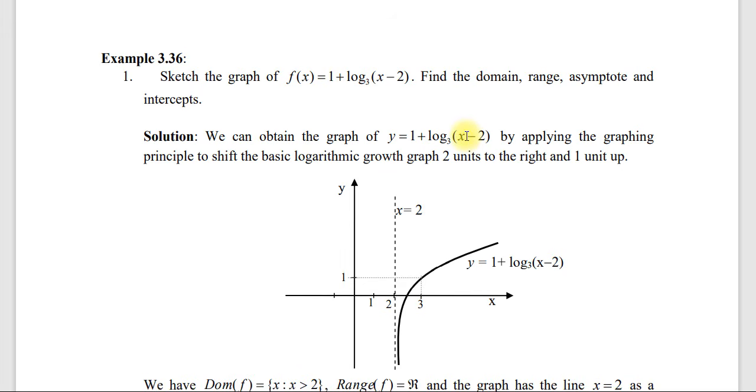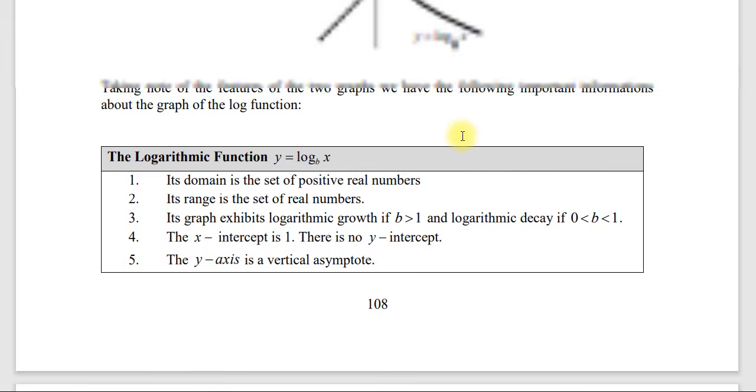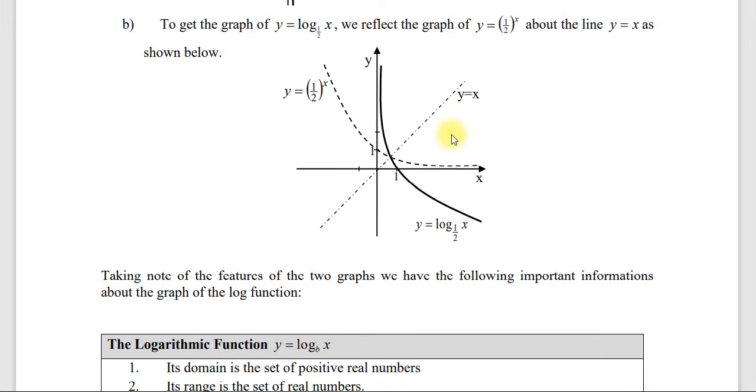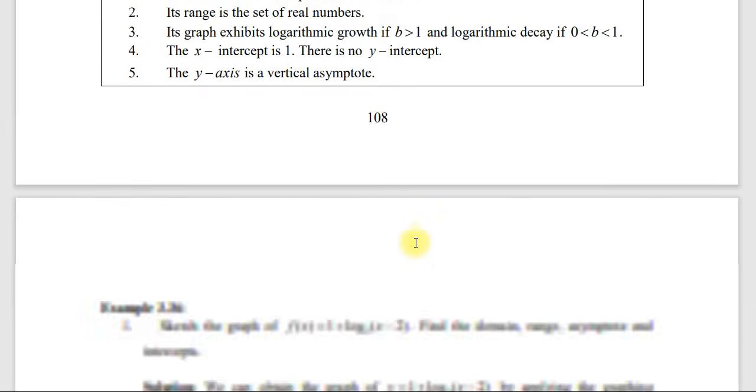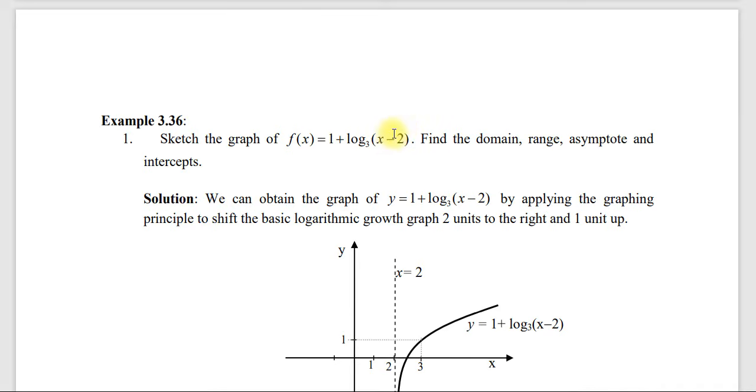እዚህ ላይ 2 ስንተካ ነው፣ ምክንያቱም እዚህ ላይ log 0 in base 3 ብንል undefined ስለሚሆን ማለት ነው። ስለዚህ እዚህ ላይ undefined ሊያደርግብን የሚችለው 2 ስንተካ ነው፣ that is a vertical asymptote። በተመሳሳይ እዚህ ጋር ለምሳሌ log x in base 1 over 2 vertical asymptote ሊሆን የሚችለው እዚህ x ላይ 0 ስንተካ ነው። ስለዚህ x which is equal to 0 ማለት ነው። እዚህ ጋር ደግሞ x minus 2 undefined ሊያደርገው የሚችል 2 ስንተካ 0 ስለሚመጣ ነው።